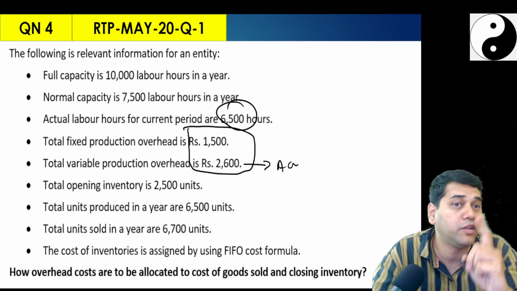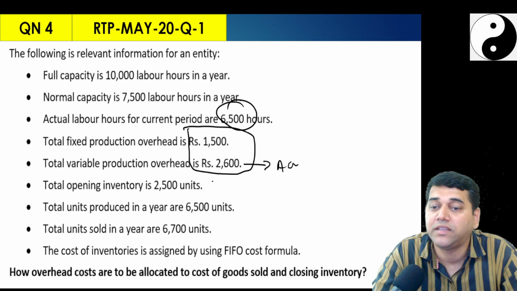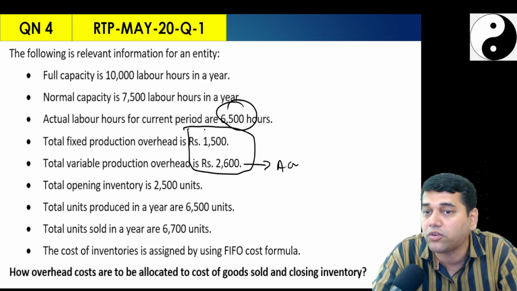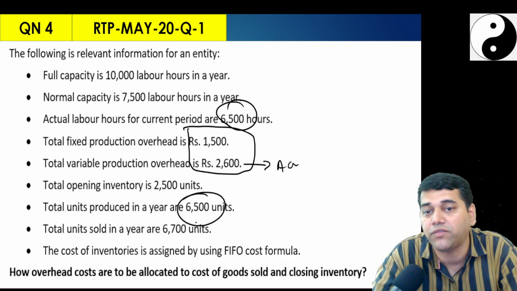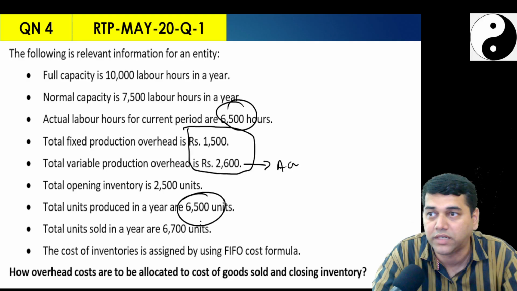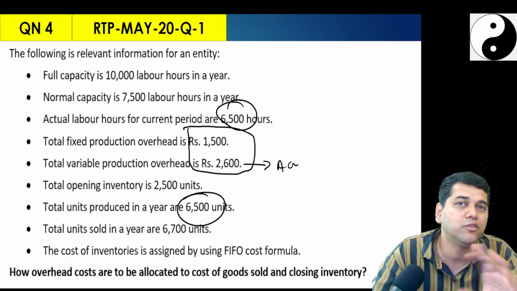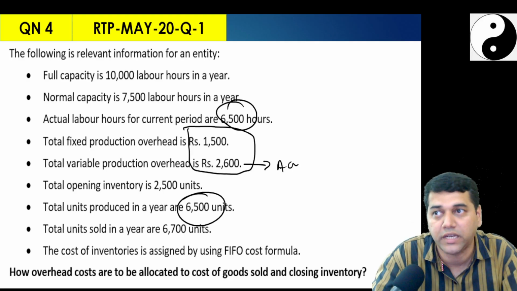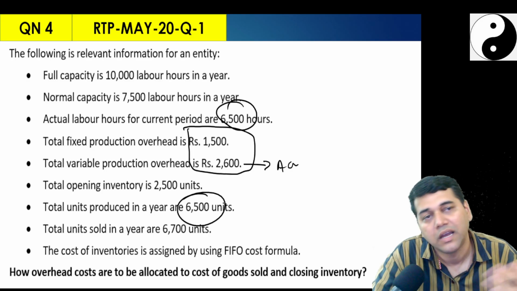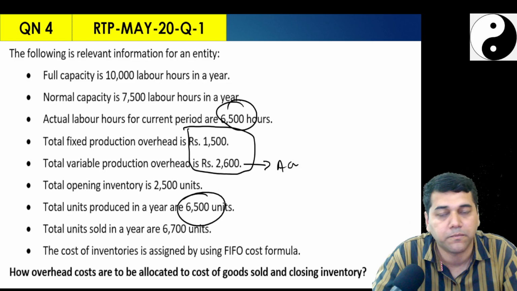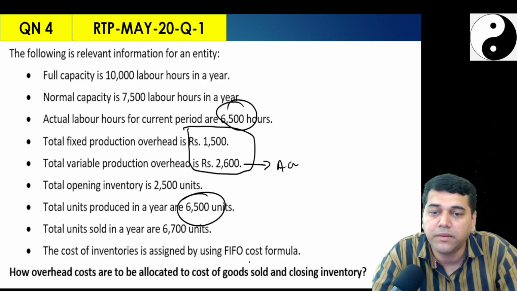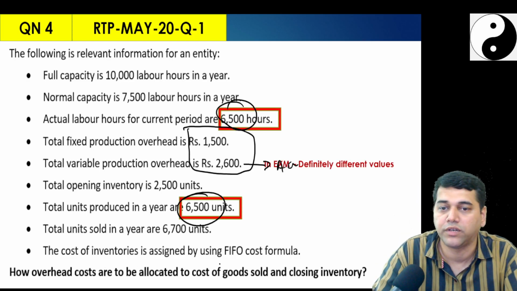And see, why I am telling you it is nicely crafted. Whether you make it based on the units or not, it doesn't make any difference, students. Your actual units are also 6,500, like the hours. I'll tell you later. So the ICA method looks confusing, but let us follow that. Otherwise, with the other method also I can get the answer. The cost assigned by the FIFO method, how should it be calculated? So first,